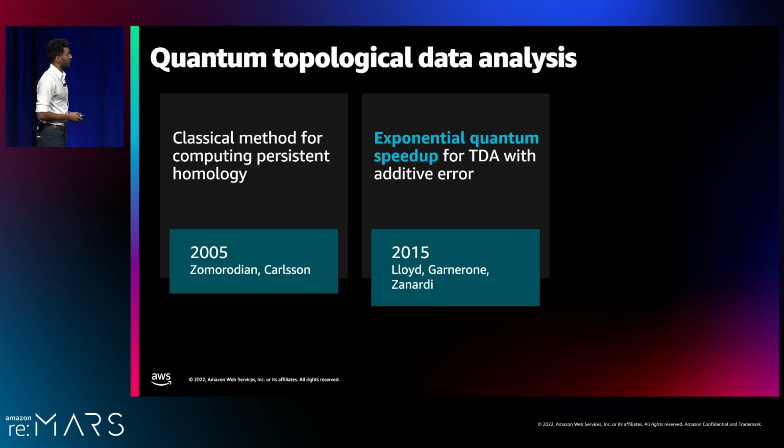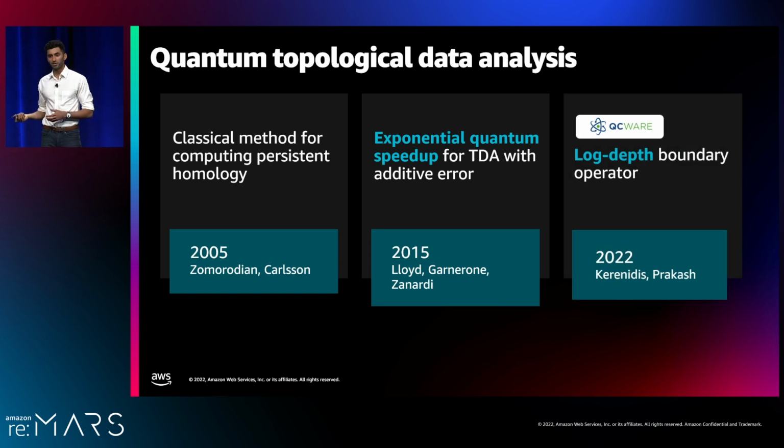Then in 2015, it was introduced that we can get an exponential speedup on a quantum computer on this calculation. But 2 notes here. One, it's with additive error. So it can tell you that your data set has 200 holes, but plus or minus 5. So we don't know how bad that additive error is, and if it stops us from using this algorithm in the same ways that we would have. And then the second caveat is that this circuit is incredibly deep, so we can't run this on near-term devices.